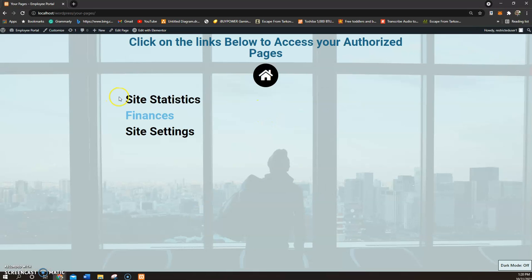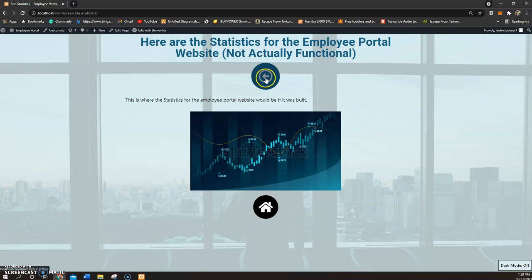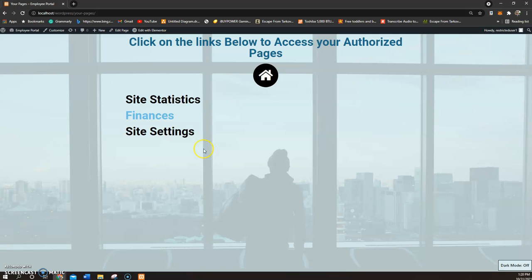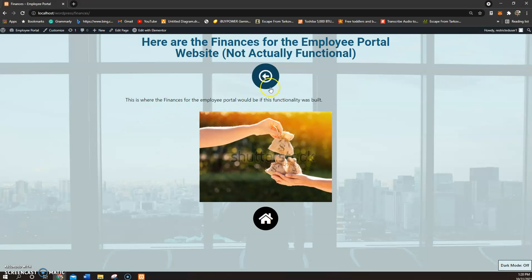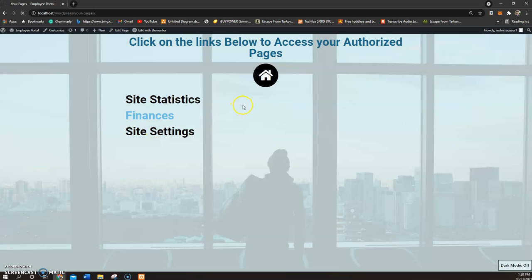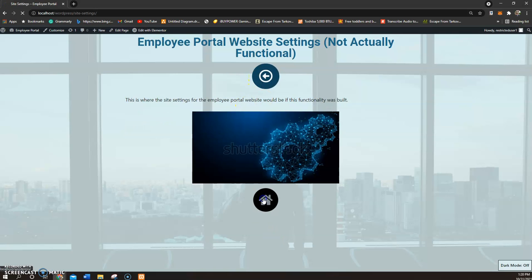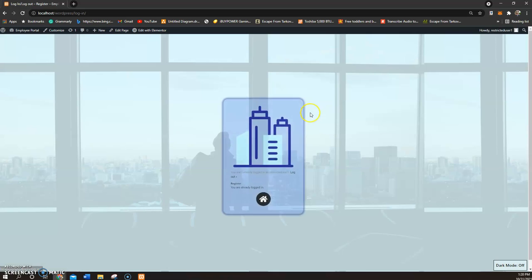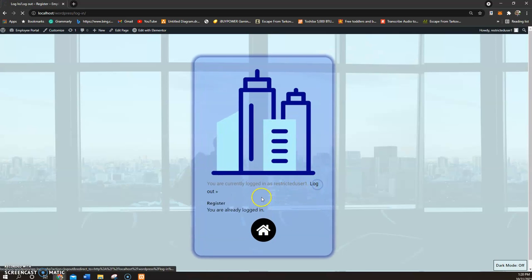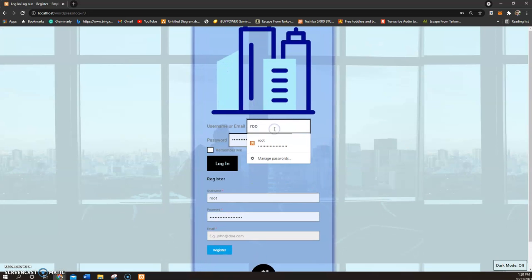Certain users have different permissions based upon their role within the system. This administrative user can access all of these pages. These are not fully developed, it's just to show the restricted content is enabled within this website. These are what the pages would look like if the user had rights to the different web pages. If we go back home and we will log out of restricted user and log back in as a subscriber,